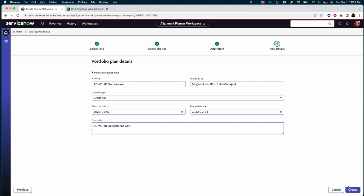And there we go. I'm not going to create this because, as I mentioned before, I already have that plan. Once we hit this create button, it's as simple as that to create a new portfolio. And again, the value is that she's creating these portfolios in a consistent structure that helps her look at not only her own work in a consistent way,